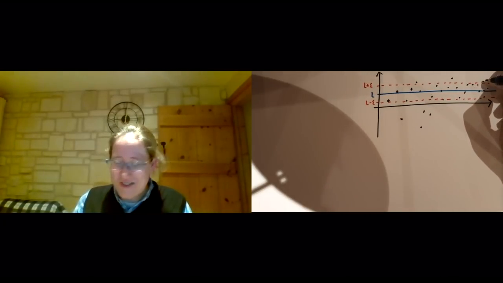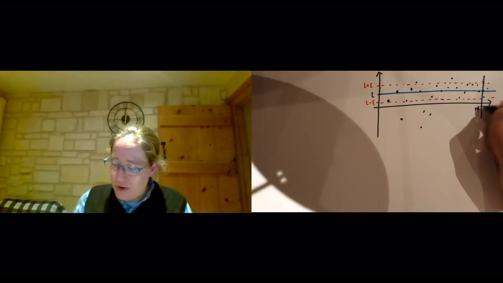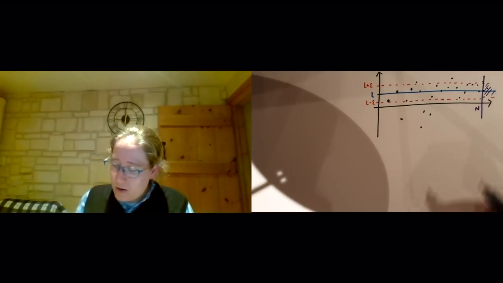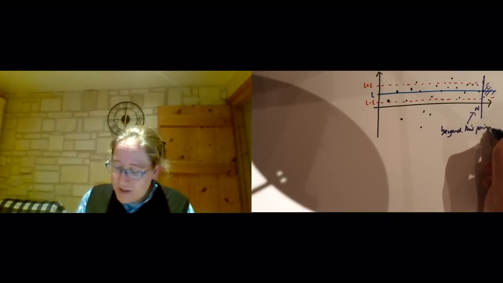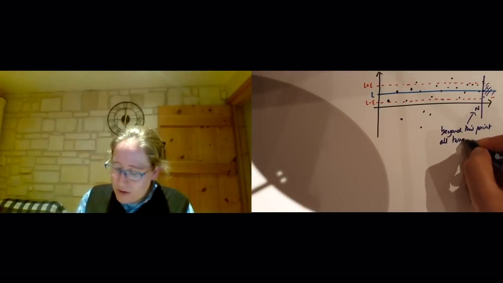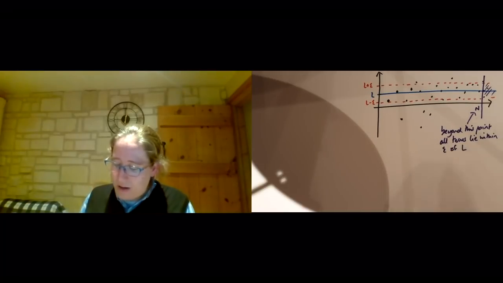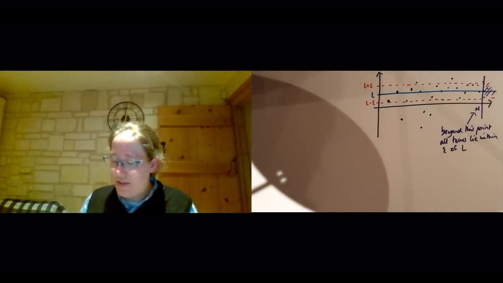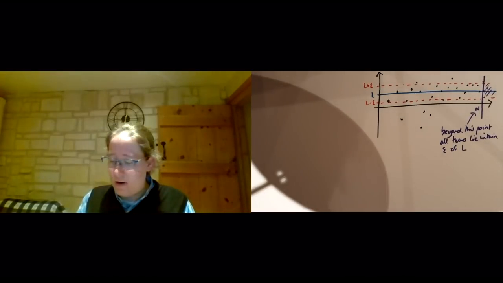And on the basis of the evidence here, which is rather flimsy because I've only drawn finitely many terms of the infinitely many terms in the sequence, if I put a vertical line at this point n, so n is where it crosses the horizontal axis, beyond this point, to the right of it, all terms lie within epsilon of L. So after the point n on the horizontal axis, to the right of that, all of the terms of the sequence lie in this strip between L minus epsilon and L plus epsilon.